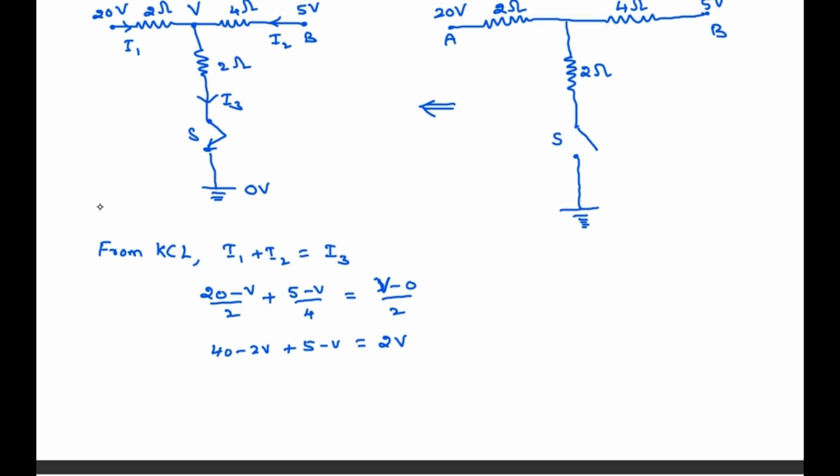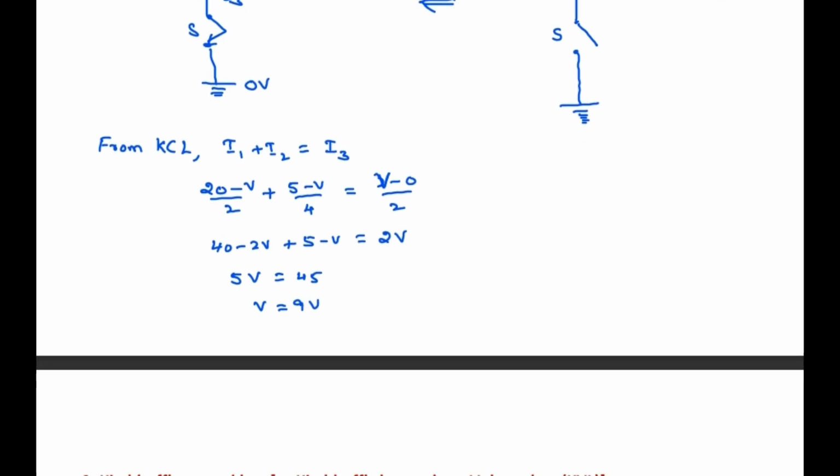And after this we will have 5V is equal to 45, from this V is equal to 9 volt. So this is the V value, but we need the current passing through the switch, that means I3 value we need. We can write I3 is nothing but